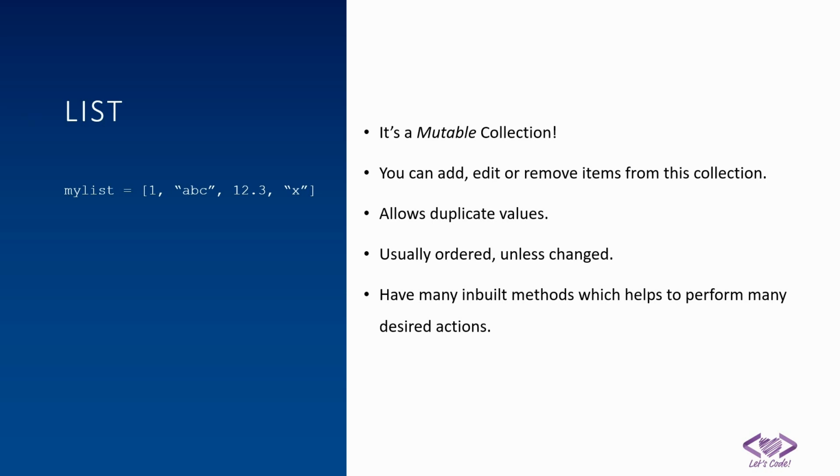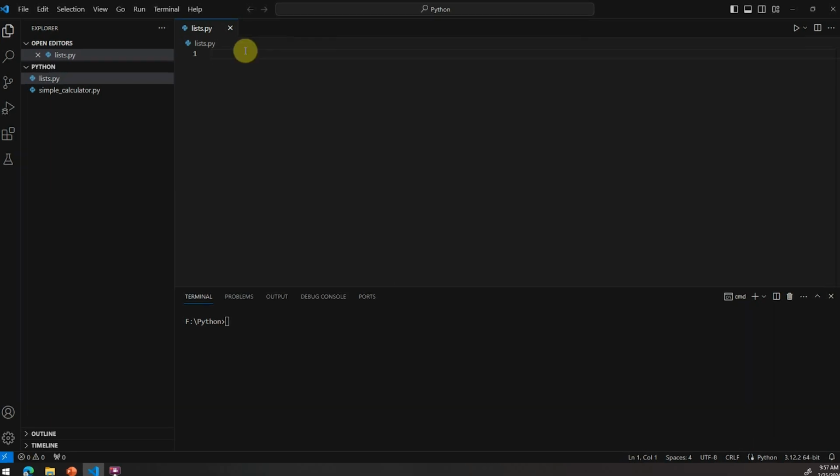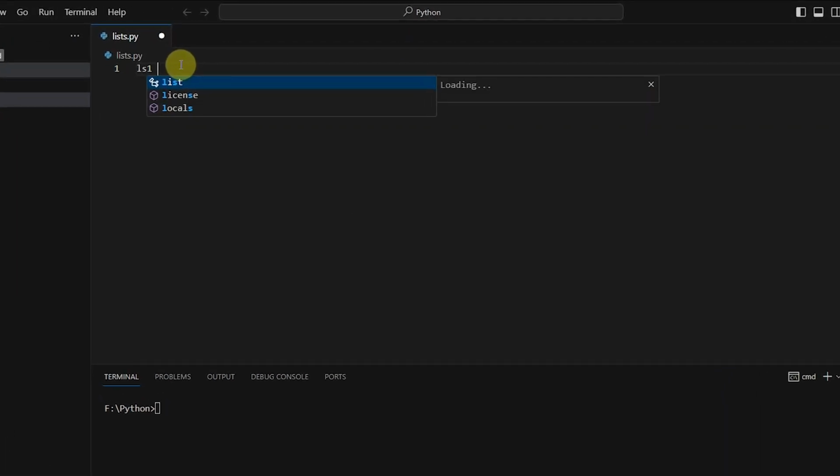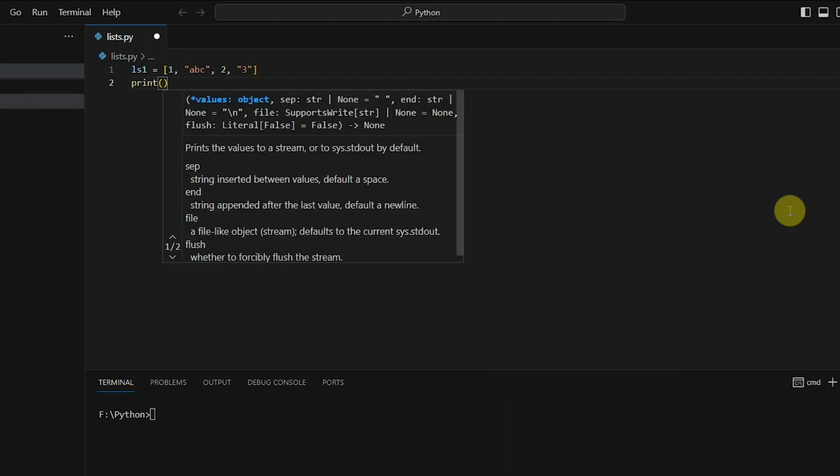So let's see in detail with the help of the code. Now we are in the IDE, Visual Studio Code, and let's see how we can create a simple list. Let me create a simple list ls1, which is the variable name, that is the list name, and you just have to use square brackets, and inside square brackets you can give the elements. For example, 1, you can give ABC, you can give 2, you can say 3, anything. So it's a collection of strings and numbers together. And if you say print of ls1,